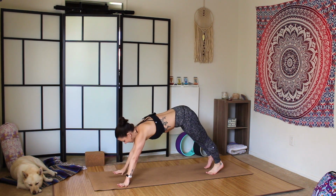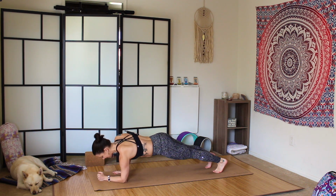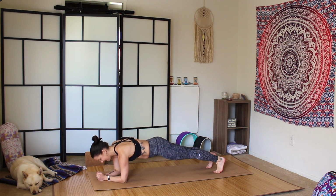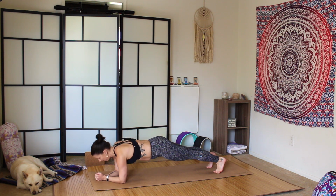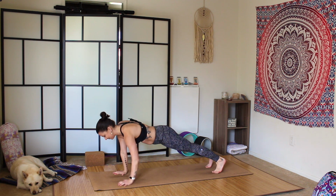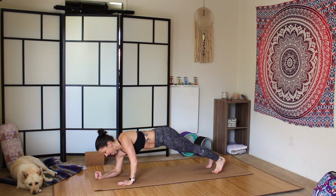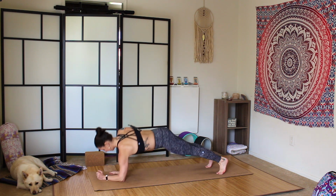Step it back, plank. Spread the fingers wide. Bring the left elbow, then right elbow. Then press with the left hand, right hand. Right elbow, right elbow. Right hand, left hand. So we'll switch sides 10 times. 1, press back up. Switch hands. 2, 3,